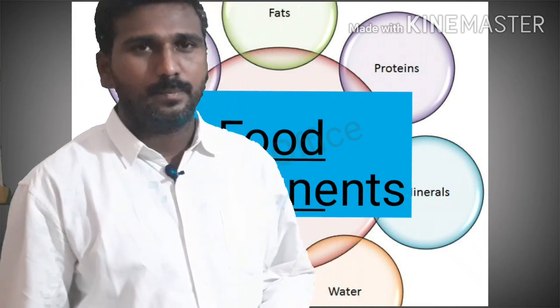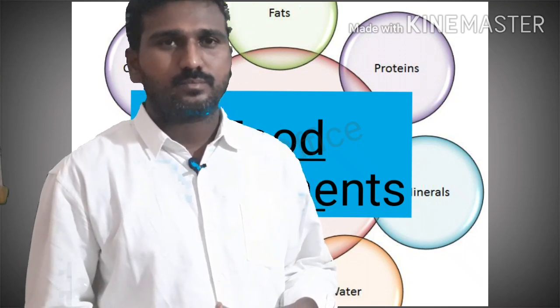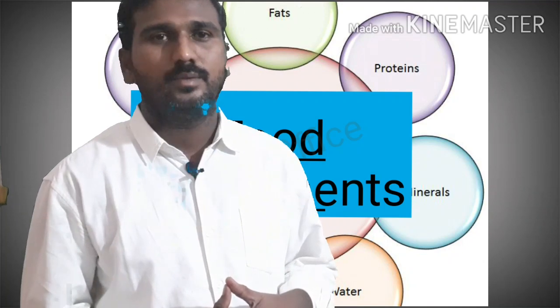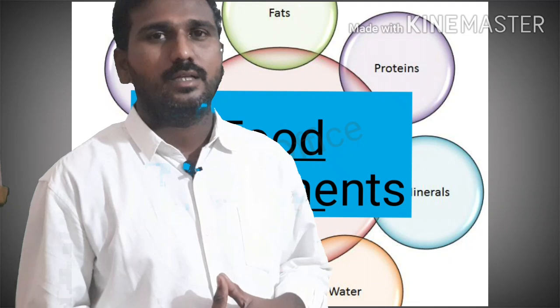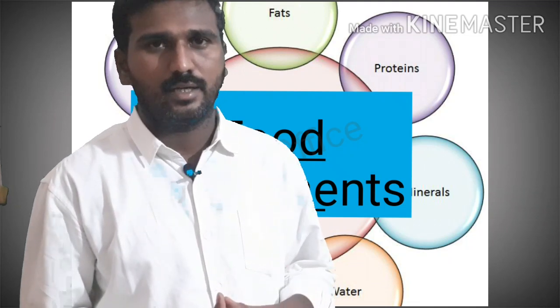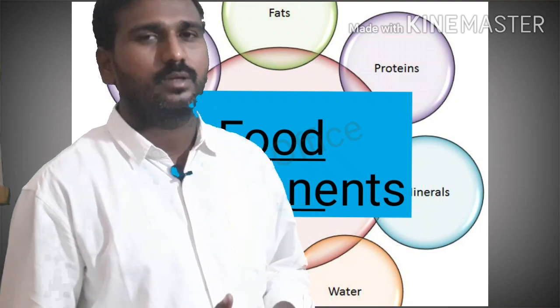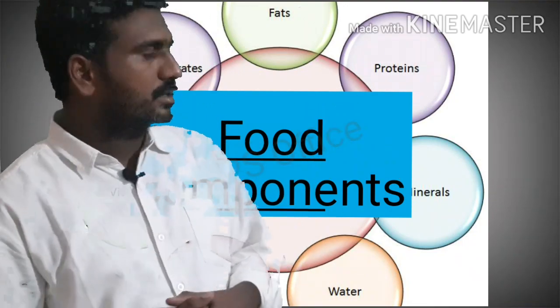how the food is prepared, how the various types of food dishes are prepared, and what is the name for the materials required, and the food styles, the different traditional styles of various states in our country are studied in previous class. And now we are going to study something more about the food with the heading food components.